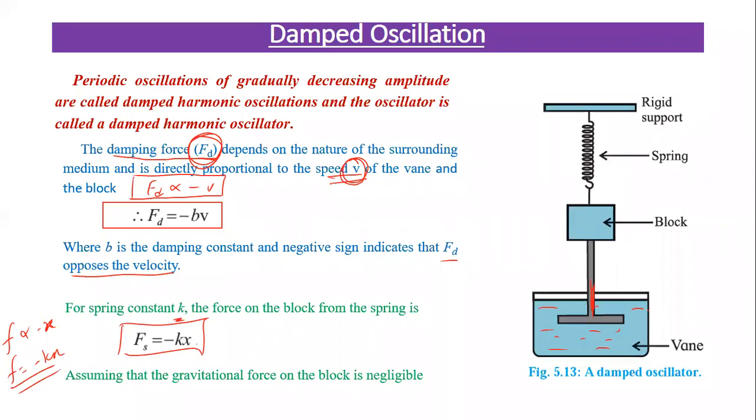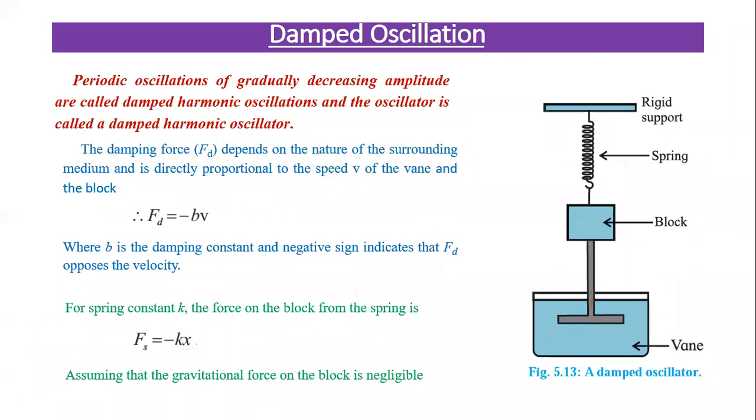In this case, one more force is acting and it is the gravitational force. But we are considering gravitational force to be neglected in this case. So when we are deriving the formula, we are not considering any gravitational force here. We consider this damping force and the restoring force due to the spring. Now, we can write the total force acting on the mass or on the block. Total force is the damping force plus the force due to the spring. Let me substitute both the formulas.